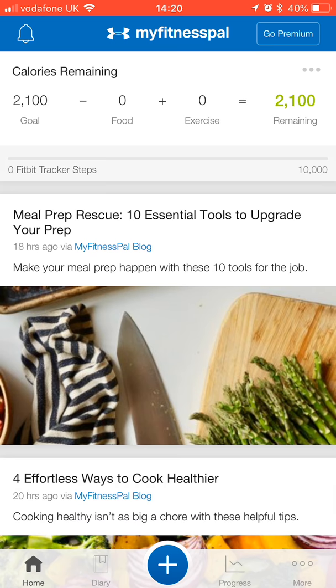Download it, register your account. Now I'm not going to go through the registration process because you should be able to register an account on social media sites now, especially if you can just link your account to Facebook, etc. I'm going to quickly show you how to use MyFitnessPal for logging your calories and your macros and your food